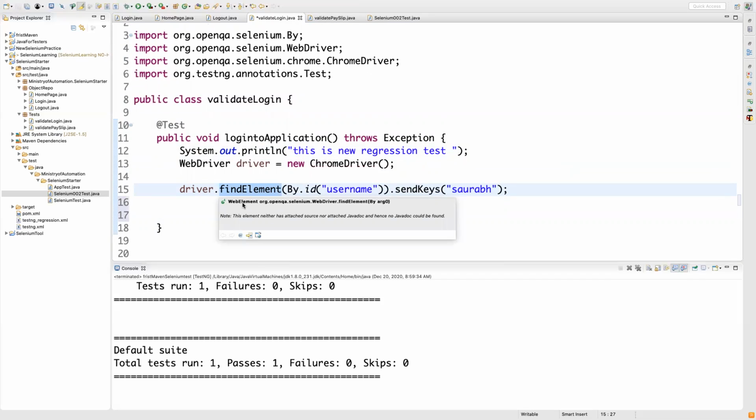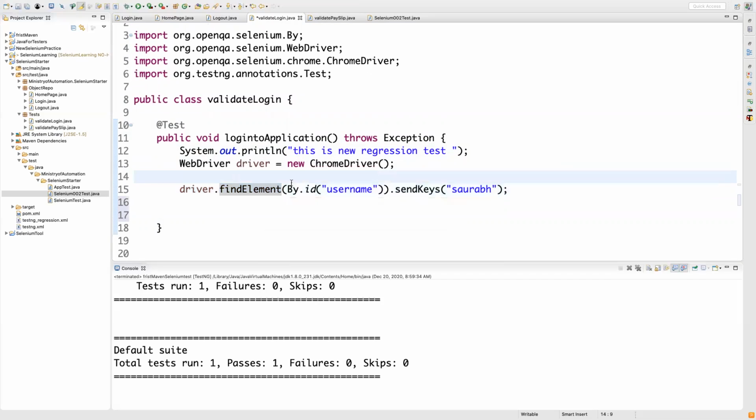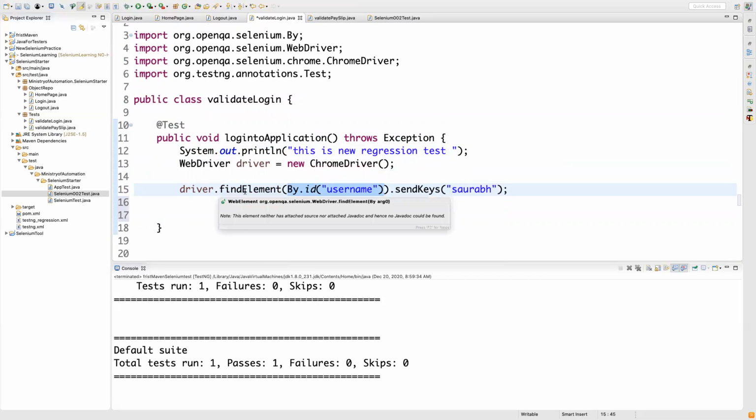You can hover your mouse and see web element, right? Basically, we are passing an input. This is the complete input to a find element. This is the complete input I'm removing. Once you pass this input to a find element, what does the find element return? A web element object, right? It gives you the element, and on top of that element, you are sending the keys, which is performing an